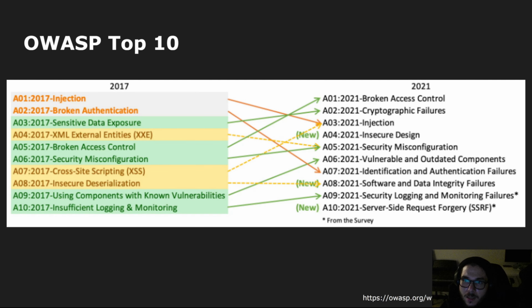The OWASP Top 10 is a standard awareness document based on a survey of top coding mistakes. The list was updated in 2021, but I wouldn't say that it changed too much because people are still doing the same stuff. They're still making the same mistakes, just things slid around a little bit. While the OWASP Top 10 is great, there are many more things to be concerned or be aware of. External libraries is one of them. I guess that could fit into security misconfigurations or software integrity failures.